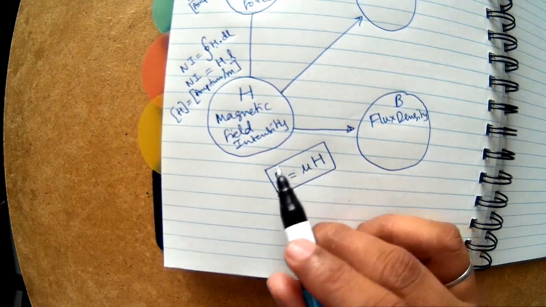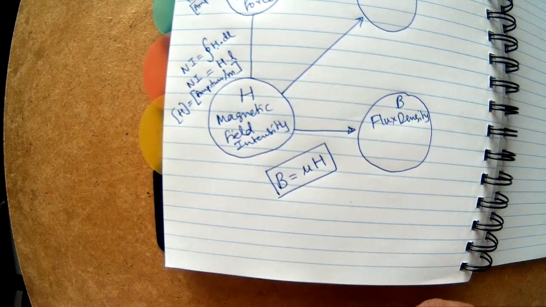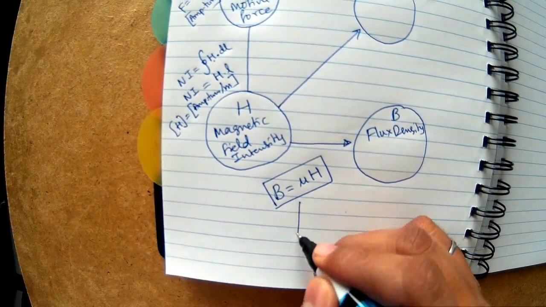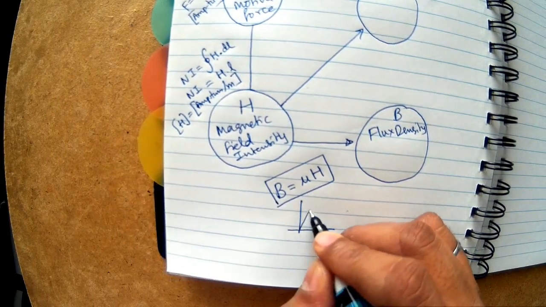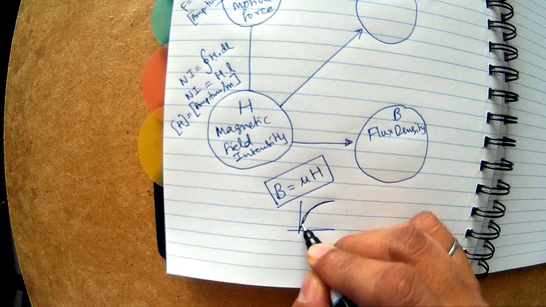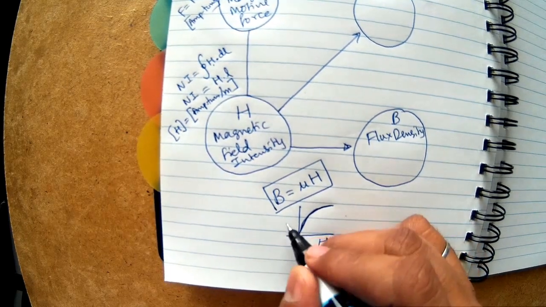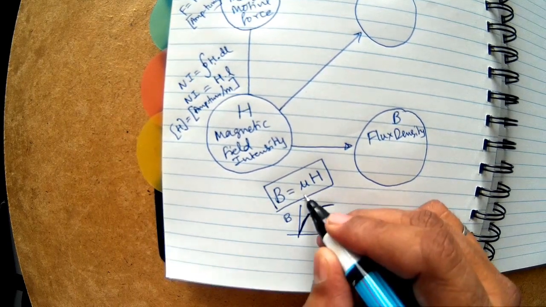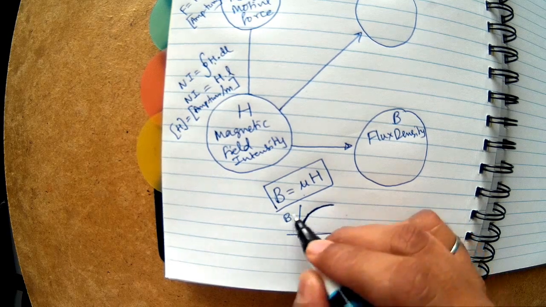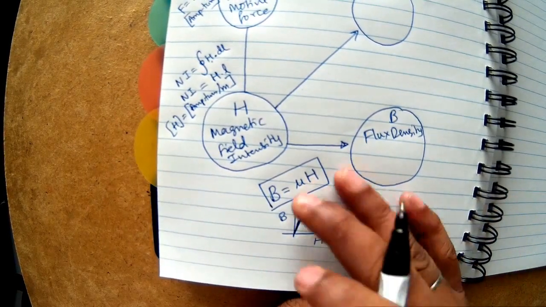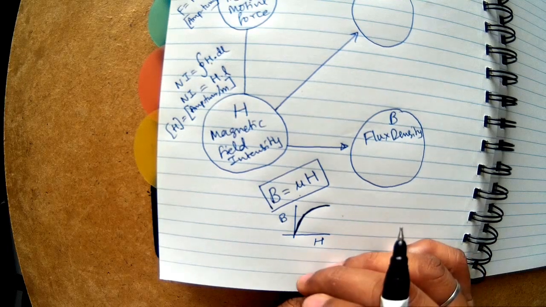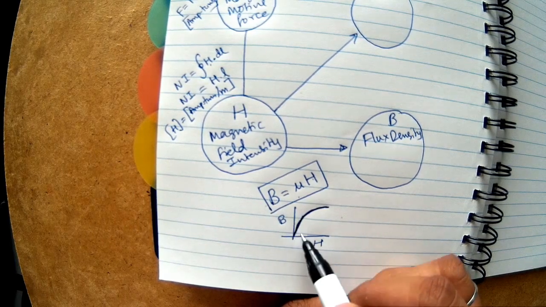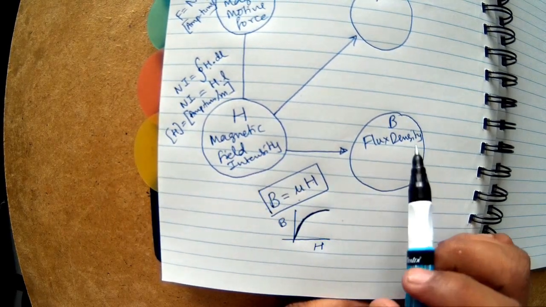Now this concept is explained under the heading of BH curve, and that BH curve I have already explained in my previous video, so I request you to see it. Usually the relation is like this. On the x-axis you have H and on the y-axis you have B. In the initial part it's like a straight line, so this equation holds good here, but in the later part this equation doesn't hold good. So depending on the circuit that you are solving, sometimes you can use this, or sometimes the data is given for the plot. So one of these you can use. Basically the idea is from H I can know what is B.